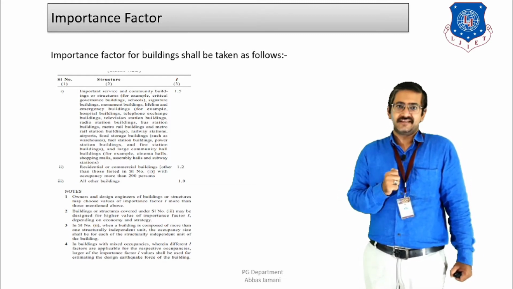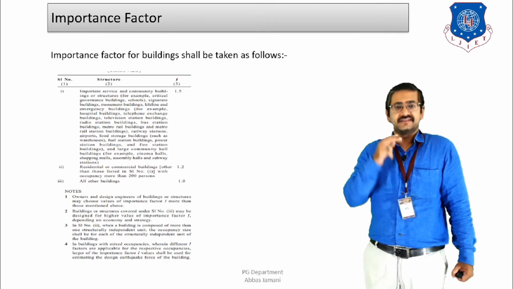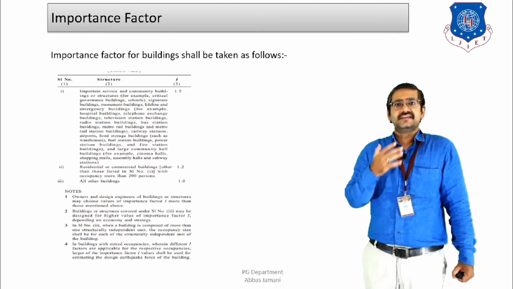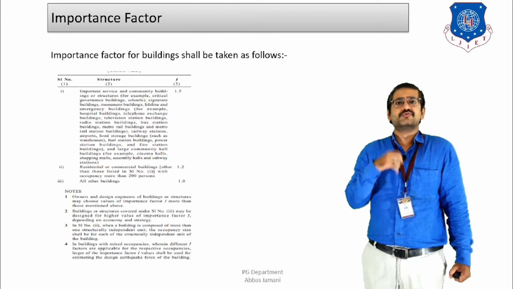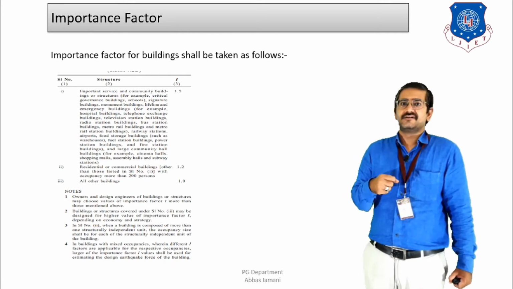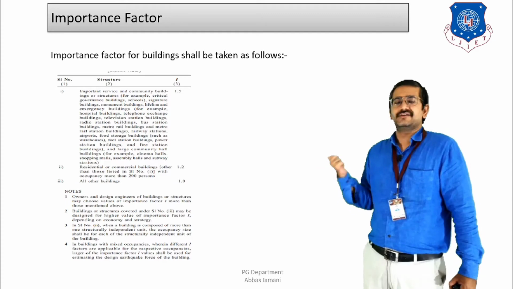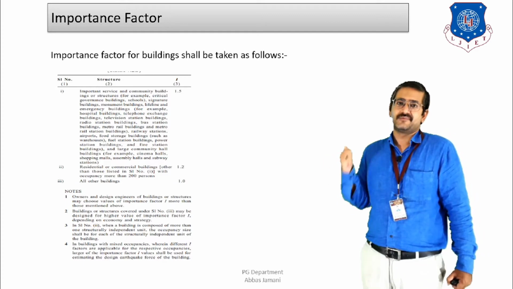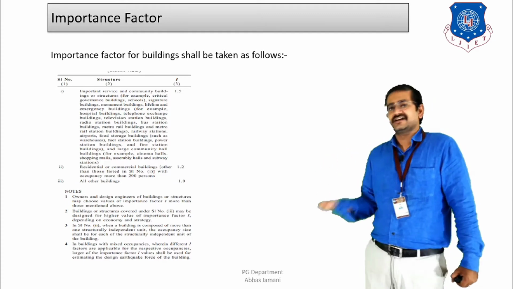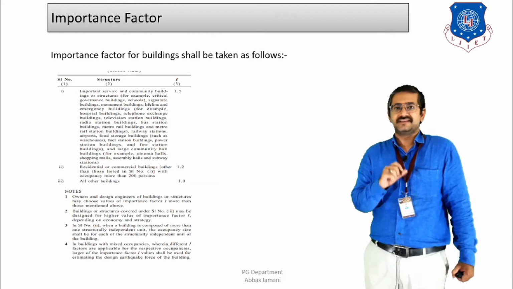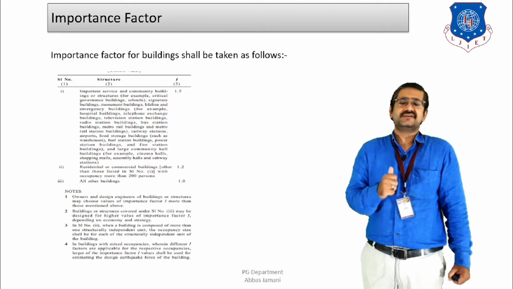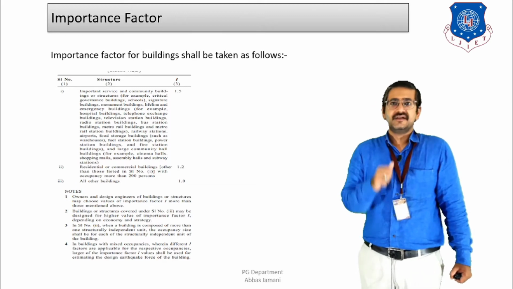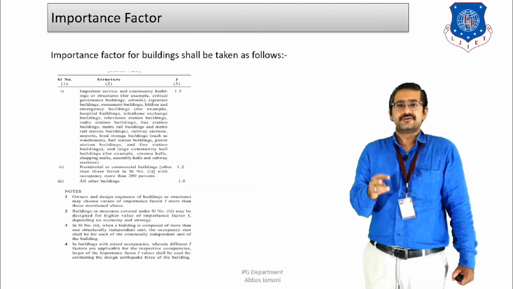Then the second category talks about commercial use and residential use, where more than 200 occupants are staying in that particular building. For example, if there is a commercial premise where the number of persons using that facility is going to be more than 200 at a time, then the code suggests that the minimum value of the importance factor has to be taken as 1.2. And lastly, the third category, that is, all other types of buildings, the general buildings, the importance factor value should be taken as 1, right? So basically the code is suggesting three values, that is 1.5, 1.2 and 1.